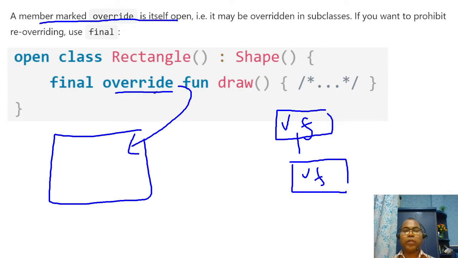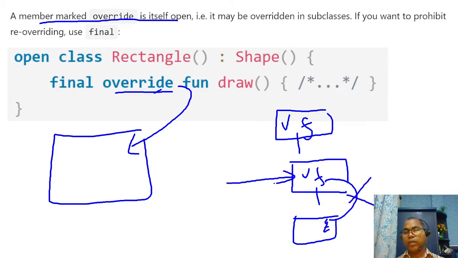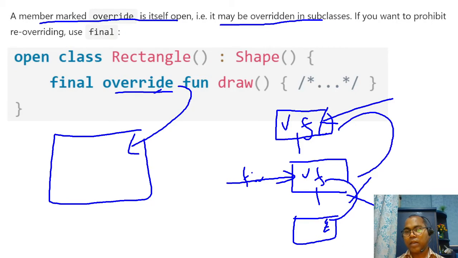So if you write override, it is open by default, and in its subclass anyone can override it. If you don't want a subclass to override it, then you have to manually write the final keyword. So it may be overridden in a subclass. In a chain of classes, sometimes you want to restrict this: a function defined in the base class is open for inheritance in the subclass, but you don't want this function inherited again by its child as well. For that you have to manually write the final keyword.